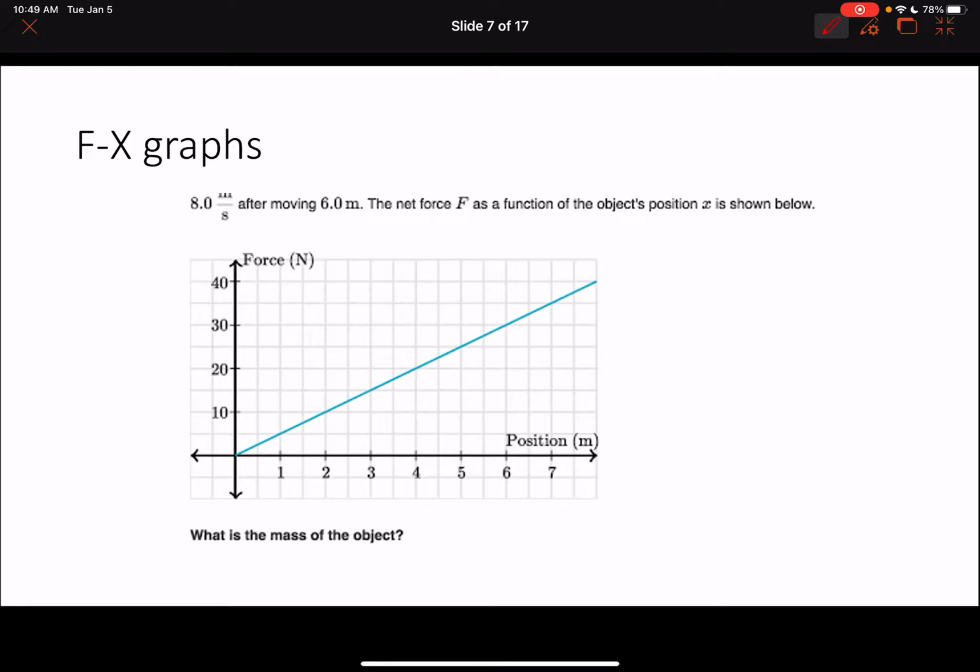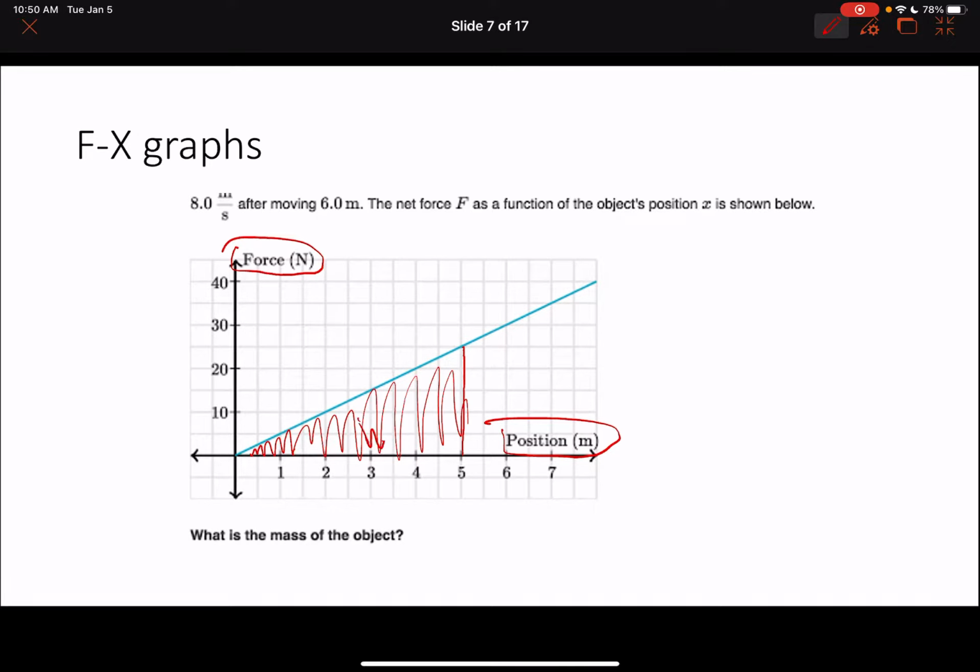We also have some graphs we need to study. There's not much to this. We're not going to go deep into graphs like we did in kinematics. The main thing you need to know on force is force position graphs. The slope is not really meaningful for us, but you need to know the area underneath the curve on a force position graph